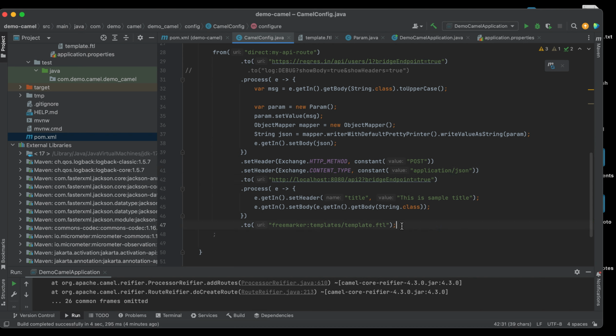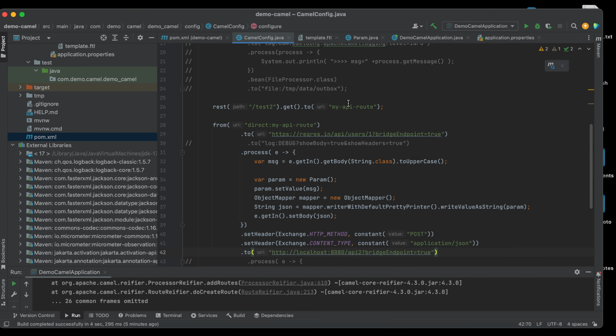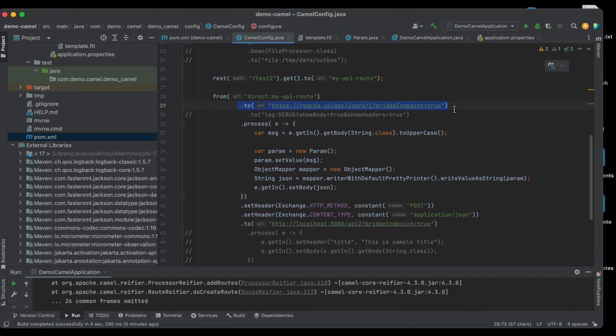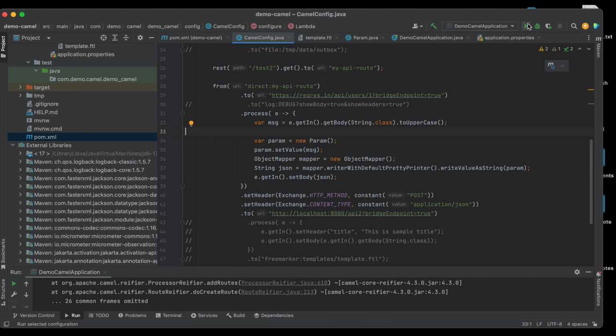Let's comment this out first, the third API. Later I will explain this. This is another topic. I just want to test this first. For this Apache REST endpoint, I will just show you how to integrate two REST APIs. This one is the first API, and the second API is this. So I'm going to integrate two REST APIs. All right, then let's run this and see the output.